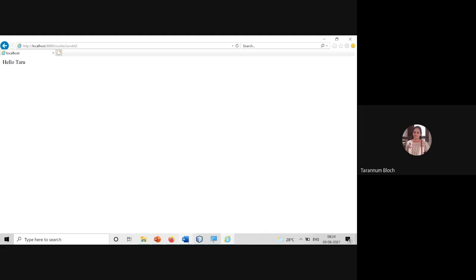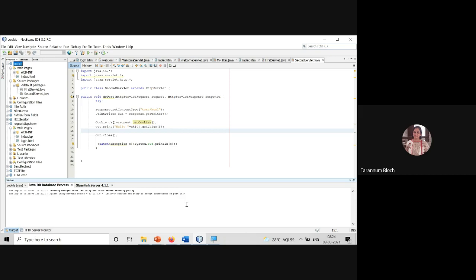Fine. So state management: as the HTTP protocol is stateless, but you see that state means data. Here from the one page we have taken data to the second page. From the second page we have taken data to the third page. And if you take further links on each and every page, you will find that variable value. So that is called session tracking. It will make you a connected session. The requests and responses happening on a server from a single user side, to maintain or to identify that user, we are maintaining the cookie variables.